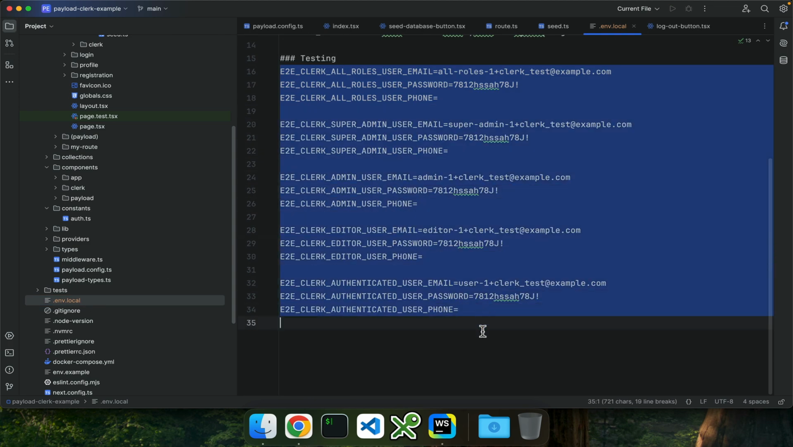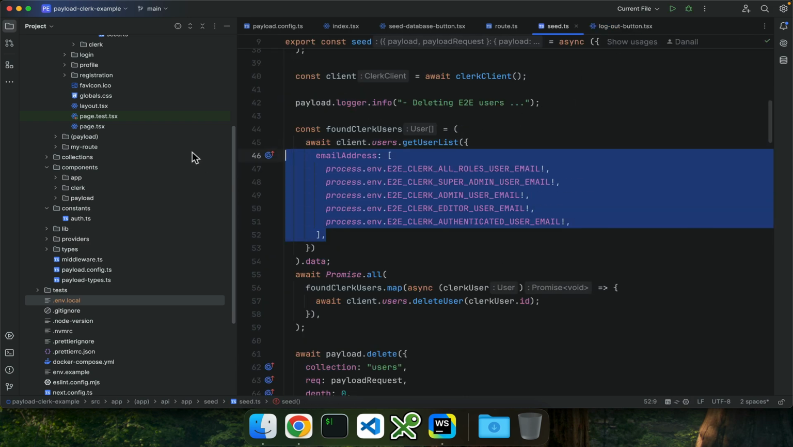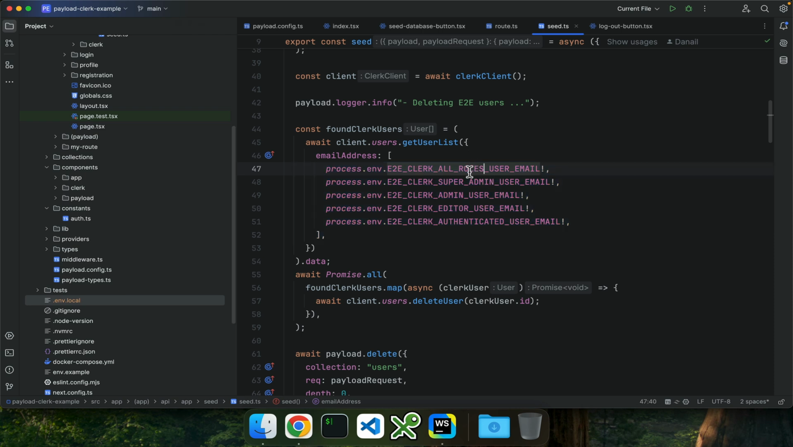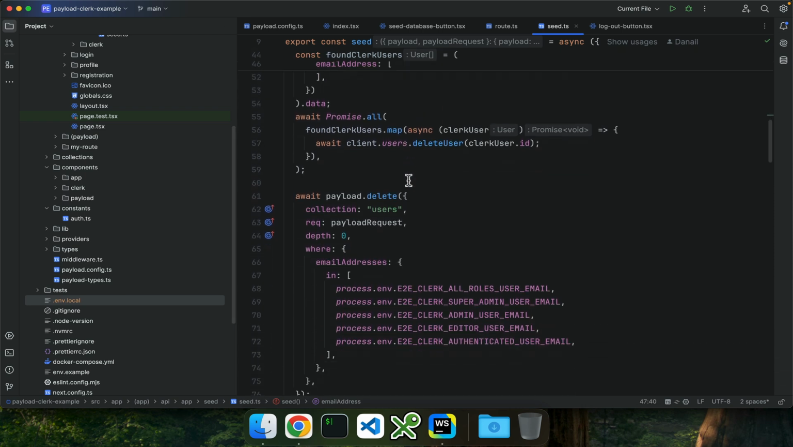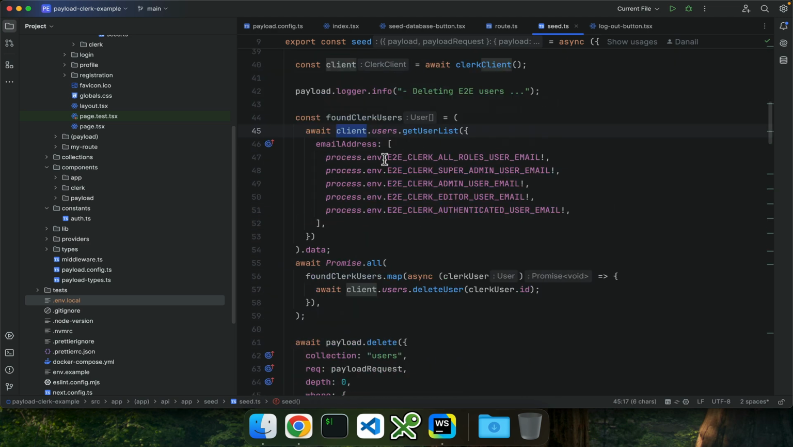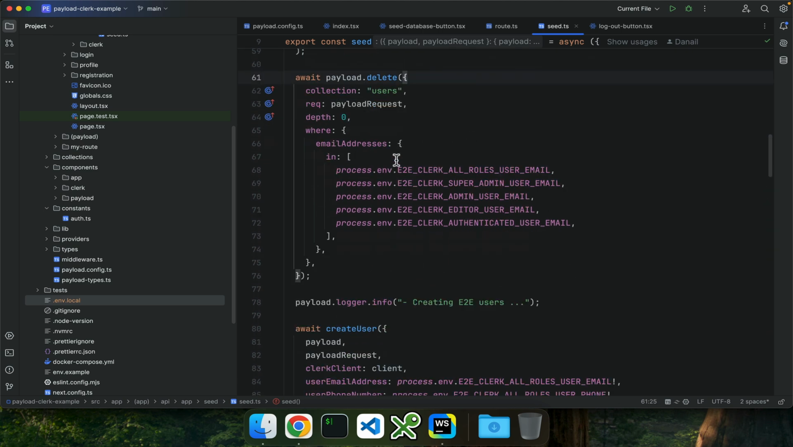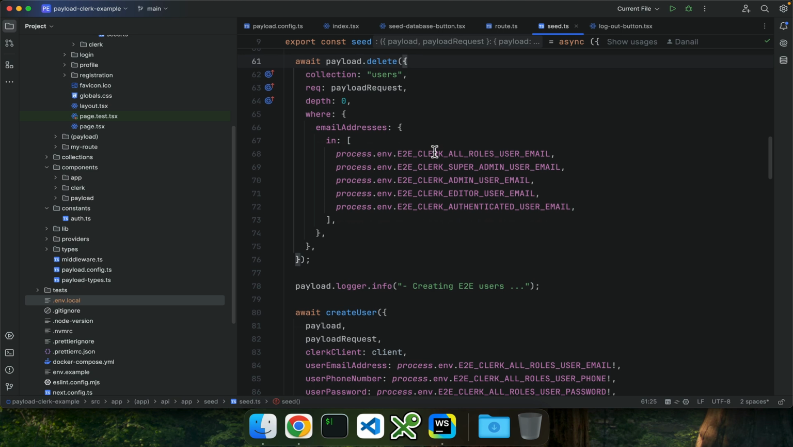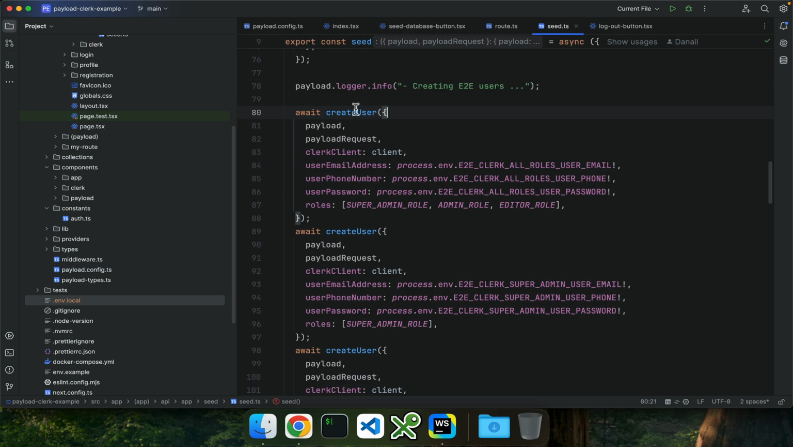So we are using these system test, local dev users. We need to delete them by email. That's why the email is important as an identifier. Then when we are done with the Clerk part, we need to delete the same users from the Payload users database. And then we create them one by one,